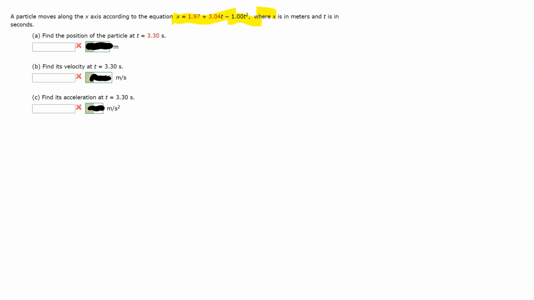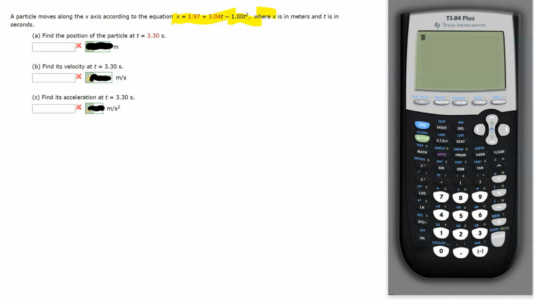So for part A, all we need to do is plug into our equation. So I'm going to go ahead and do that right here on the calculator. We've got 1.97 plus 3.04